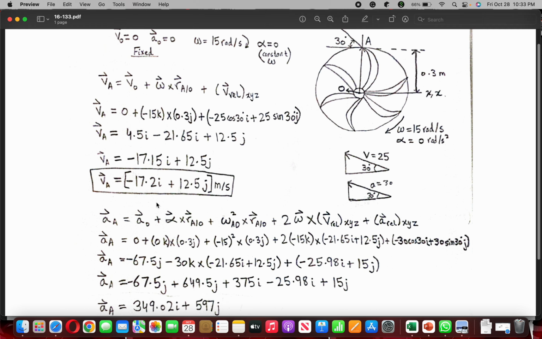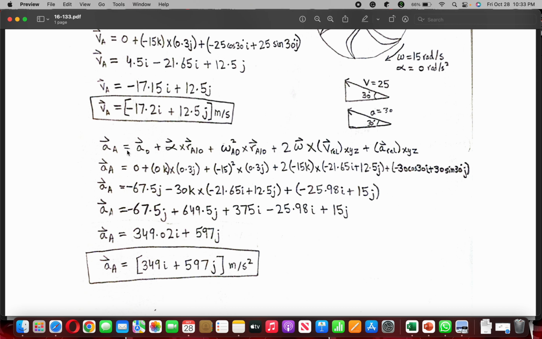Then we have to find the acceleration, so we use the acceleration formula: acceleration at A is equal to acceleration at O, plus angular acceleration cross R of A relative to O, plus omega cross omega cross R of A relative to O, plus 2 omega cross the relative velocity, plus the relative acceleration. We know the acceleration at O is 0 and the angular acceleration is also 0, so that whole term is equal to 0. Then omega is given as 15, and we square it. R of A relative to O